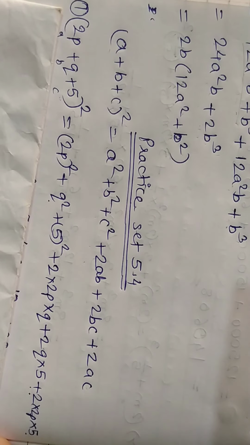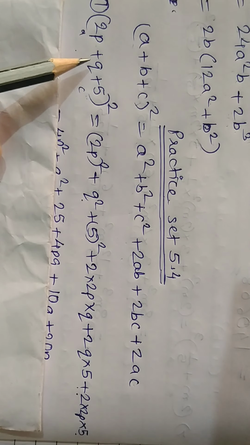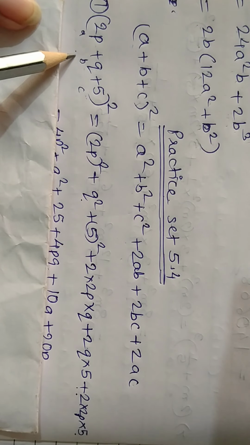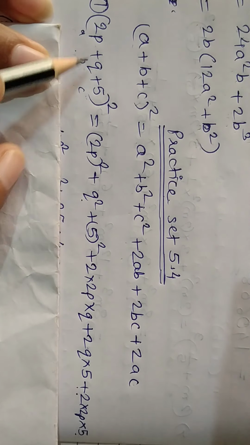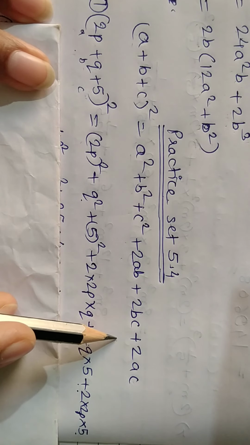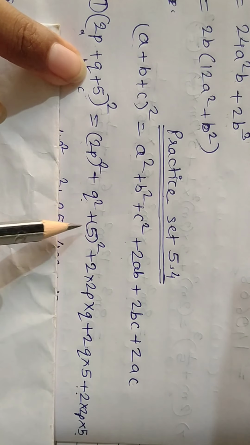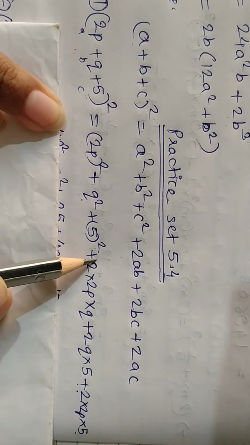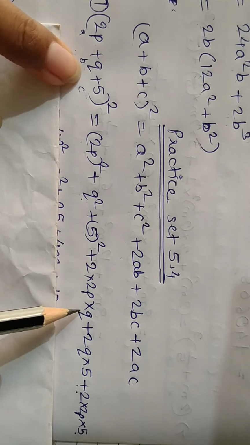Now, first question from 5.4, that is (2p + q + 5)². Here 2p is a, q is b and 5 is c. Now substitute the values in this formula. (2p + q + 5)² means a² + b² + c² + 2ab + 2bc + 2ac. Here 2 into 2p into q,